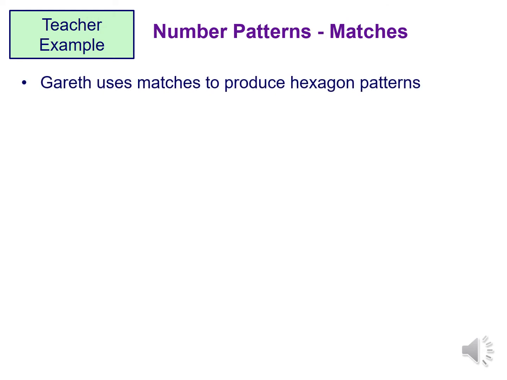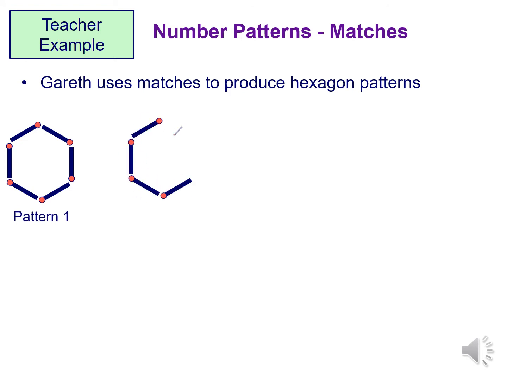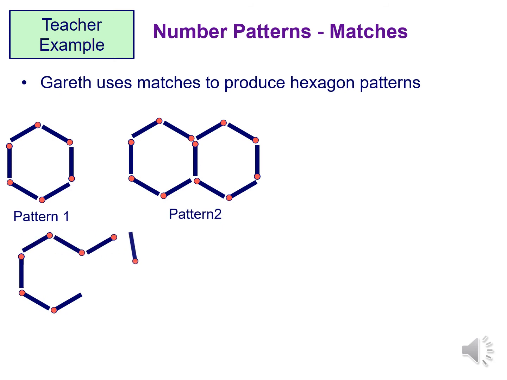Number patterns, matches. Okay, so Garrett uses matches to produce hexagon patterns. If you look at the first pattern, it's just one hexagon, so this makes up pattern 1. Now, for the next pattern, there will be 2 hexagons. This makes up pattern 2. Now, for pattern 3, you would have 3 hexagons. This would make up pattern 3,